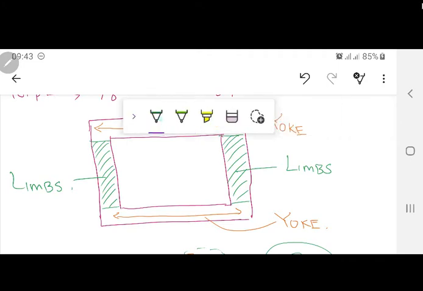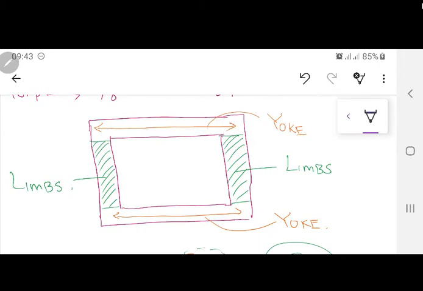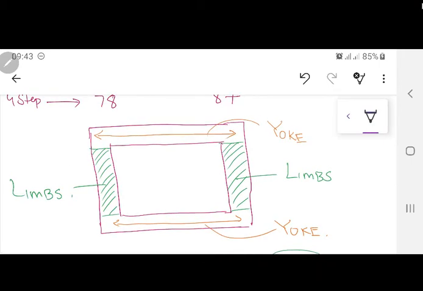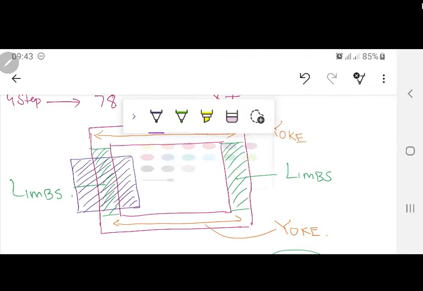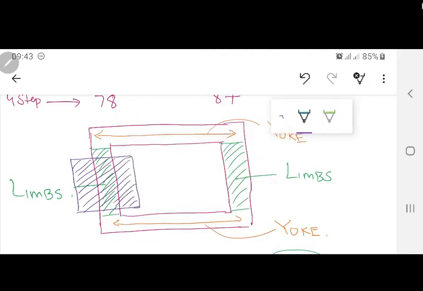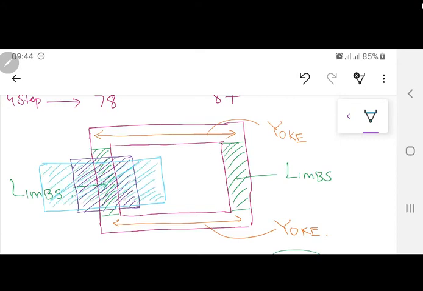Now supposing you are going to design a machine, and supposing this transformer, the first winding which you are going to place is certainly going to be the low voltage winding. So this low voltage winding is going to be placed over here, and it will take this much area. Now after that, you are going to have the high voltage winding, and this is going to take a little bit more area over here like this. Now this has taken a little bit of diameter over there.